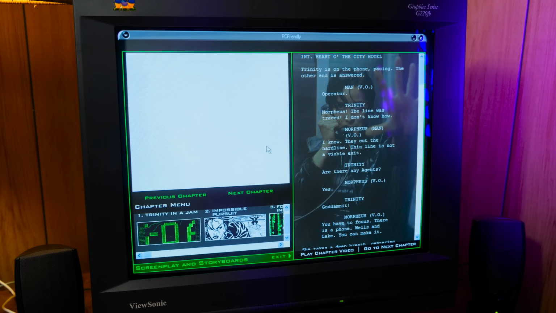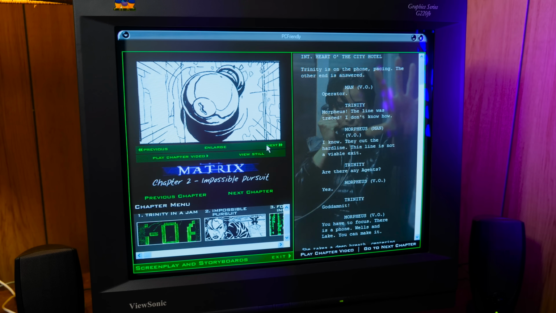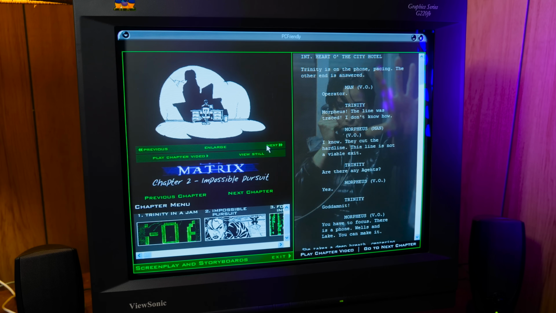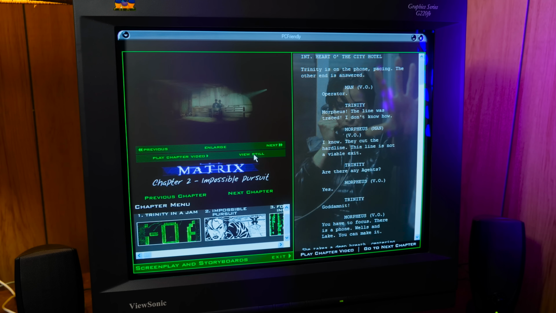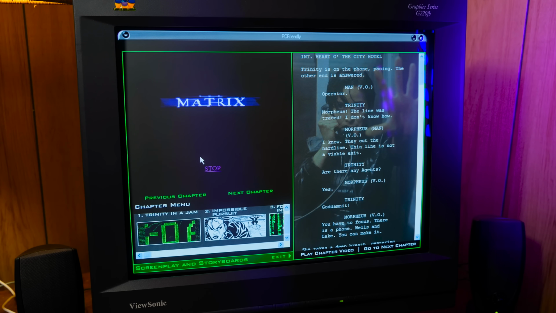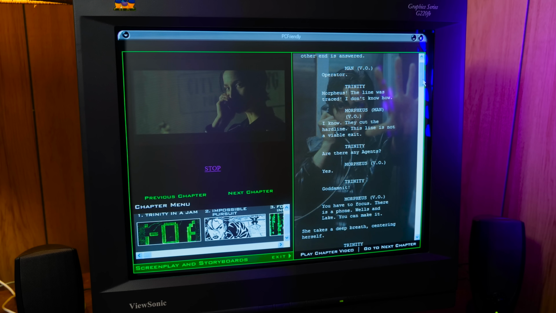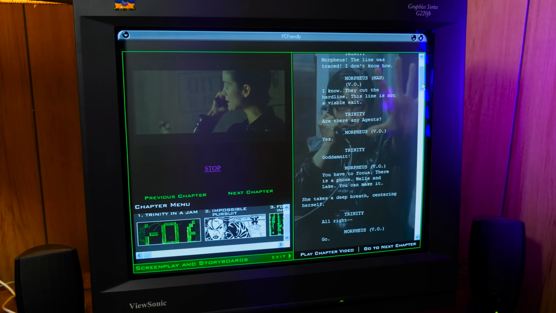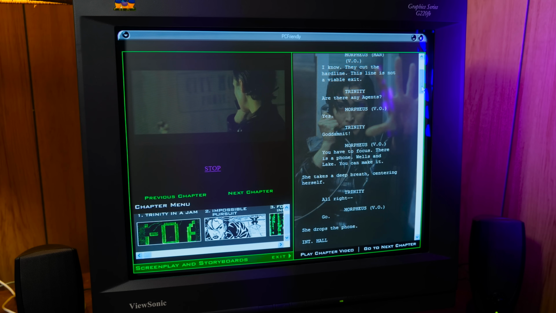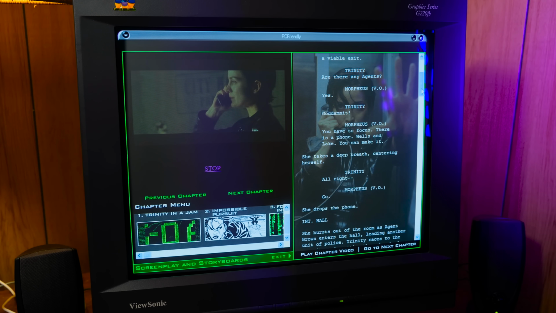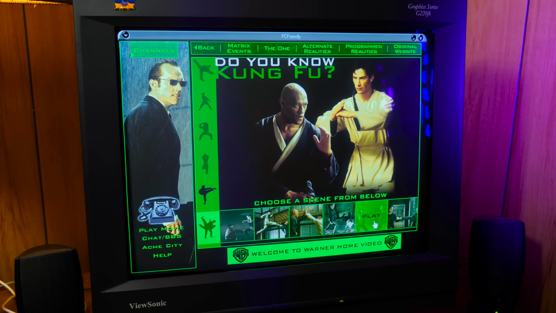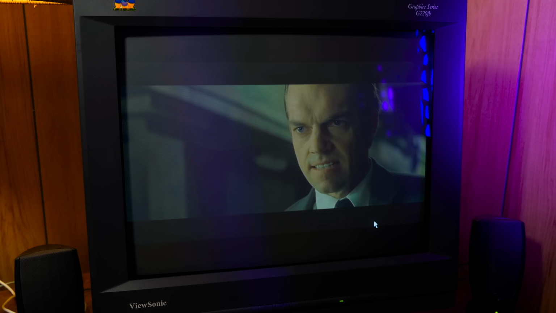as well as a fantastic script-to-screen section with the screenplay, also now accompanied by storyboards, letting you compare the writing, the illustrations, and the stills from the movie all alongside each other, as well as being able to jump directly to those chapters in the movie on the DVD and watch along as you scroll around. It's excellent.